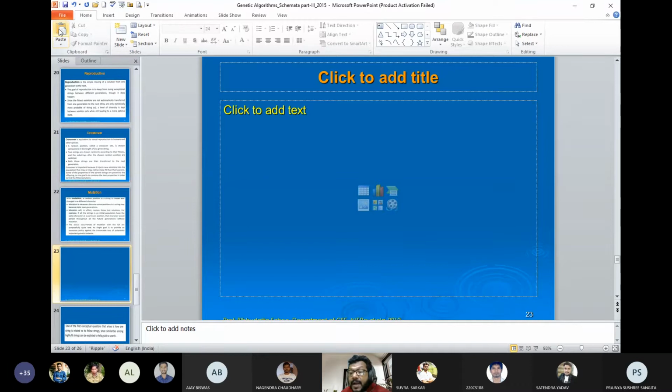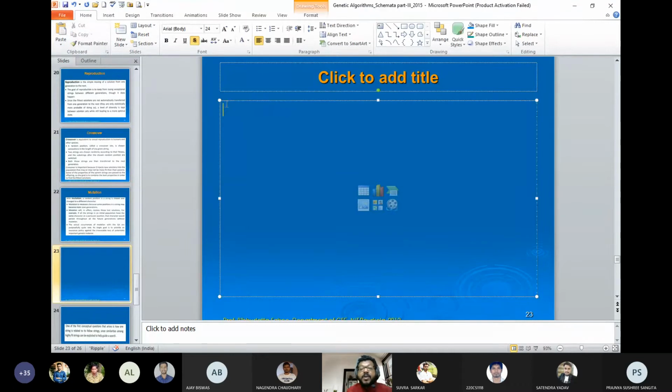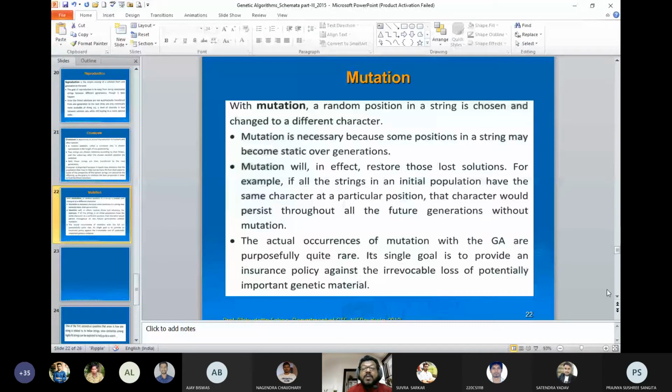I tried to copy the picture where a number of dots show that the points are accumulated at a local minimum. Okay, I'll be pasting one more graph to better explain this. So the mutation requirement, in a single line, is that we may be losing information of certain genetic material which will lead to the optimal solution, and it can be recovered by flipping 1 or 2 bits, and we apply it to only a few bits.